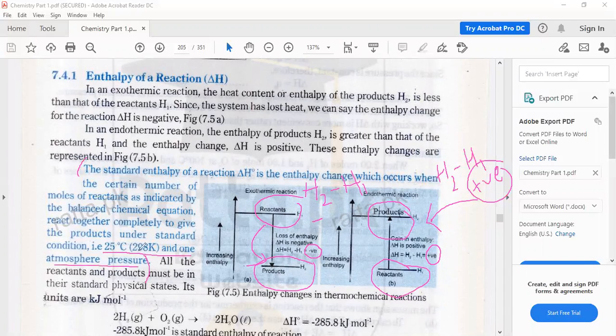What are the standard conditions? Temperature must be 25 degrees Celsius and the pressure must be 1 atm. On this temperature and pressure, you have to check out the reaction is endothermic or exothermic. There are two ways to check the enthalpy of the system: glass calorimeter and bomb calorimeter. We are going to discuss this later. Next,